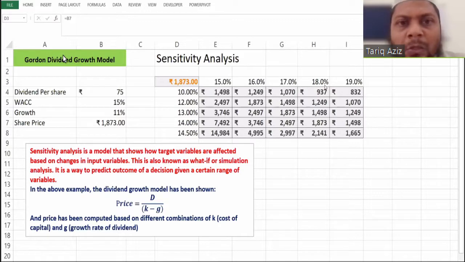Normally what happened in the past is that in the exams you will be provided the unsolved spreadsheets, and you will be supposed to solve or model whatever is given to you. So exams are normally a combination of practical as well as viva. This is what happened in the past. I don't know what will happen in the future.